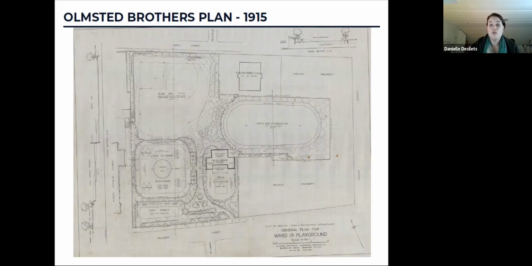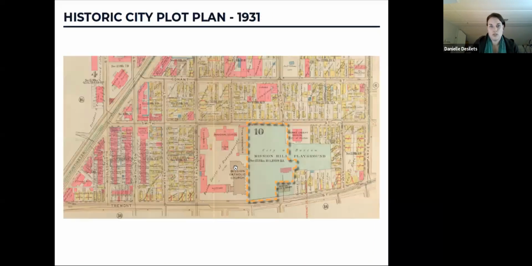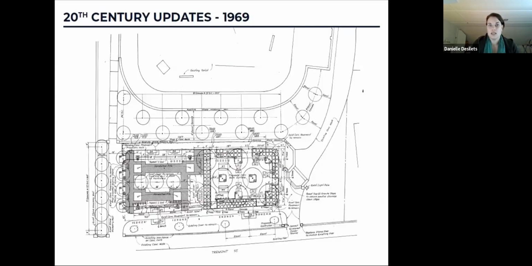Oh, and you can also see where there was a field house in the middle of the park behind where the library stands today. So the next slide shows a little bit later, but you can still see how the whole area at this point in the 1930s was actually developed as the park. The library has been constructed at this point, but the field house is still there as well. That's the pink building right there. And then I think the next few slides are the development in the 20th century.